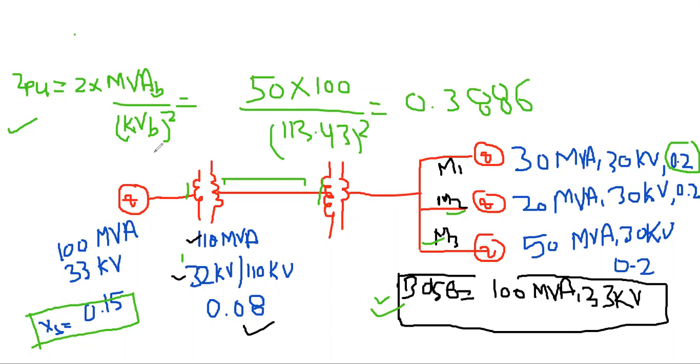So this question is done, and let us draw the single line diagram for the question as well, because we just want to finish the question right now. So let us draw the single line diagram for the question. Okay, and then we will be ending this question. So if you draw the single line diagram of that system, we will end up like this.